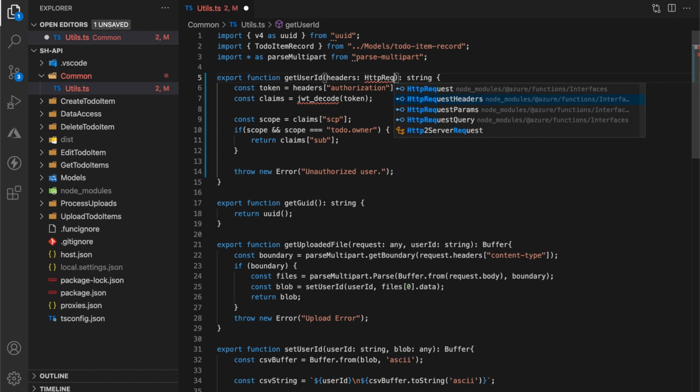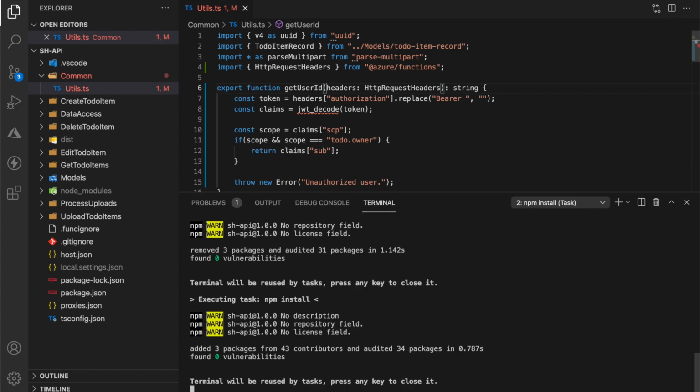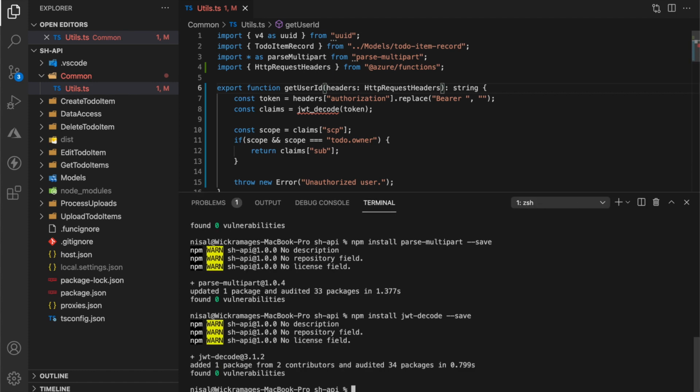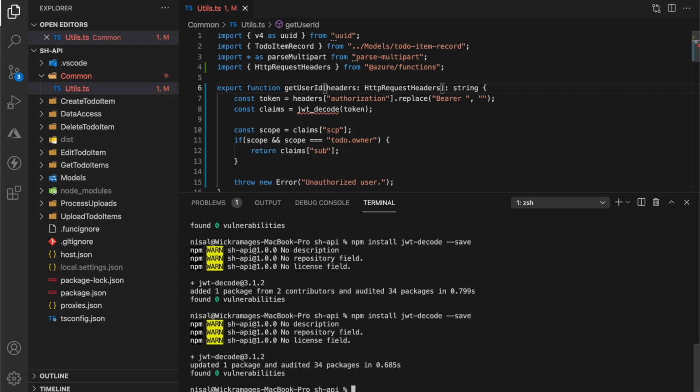First, we need to decode the token to get the sub value. For this, we need an npm library. Let's install that. Let's type in npm install jwt-decode --save. Let's import the library.